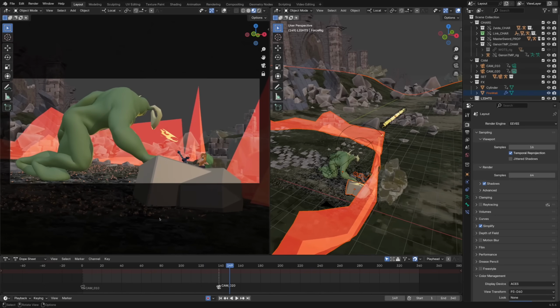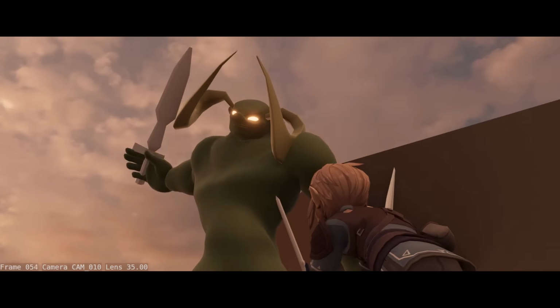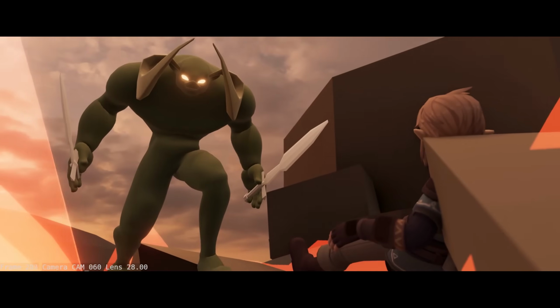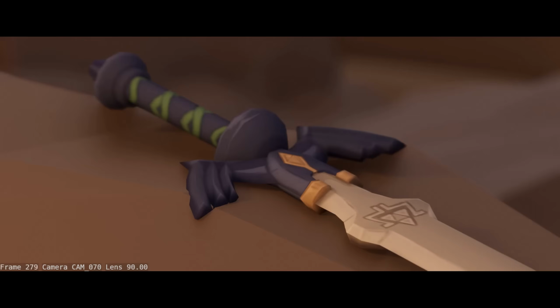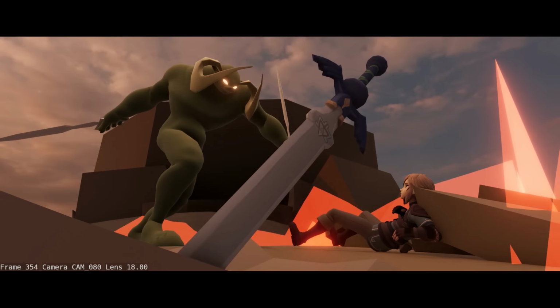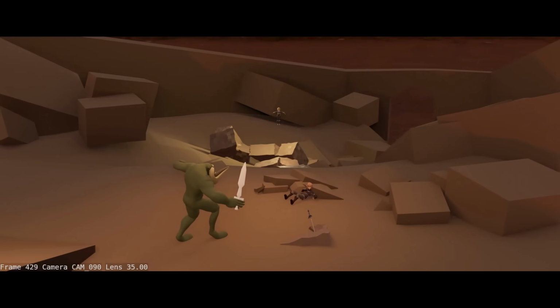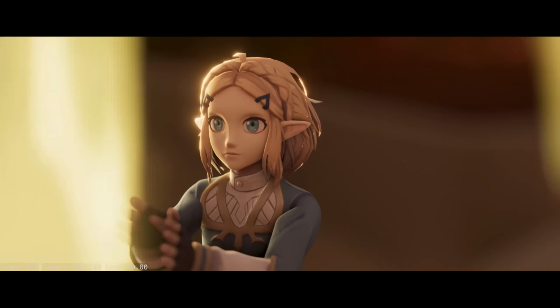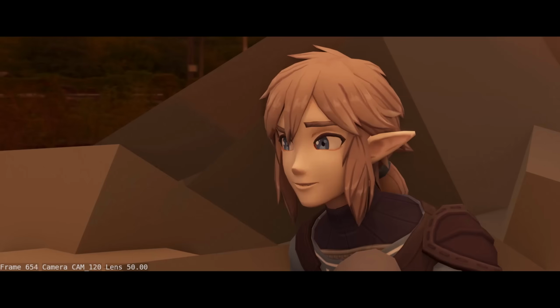I pitched this. Link is trapped with Ganon inside the fire ring. Ganon swings the sword out of him. Without his sword, Ganon is sure to win. But what was that? The sword is back, and a blast of magic strikes Ganon. It's Zelda, and she incapacitates Ganon for a bit. Link sees the opportunity to grab his sword,